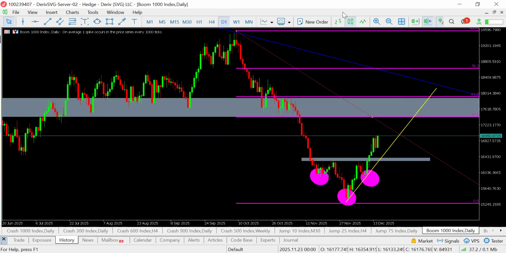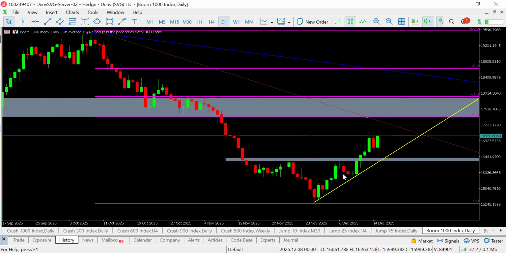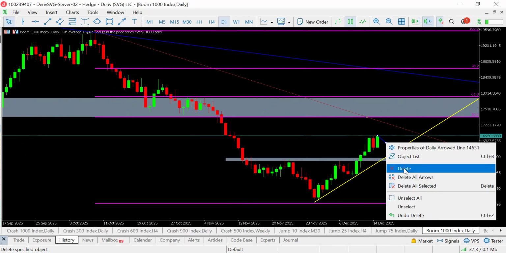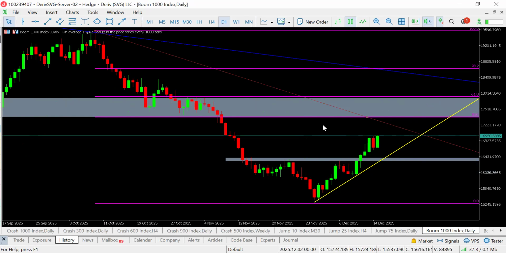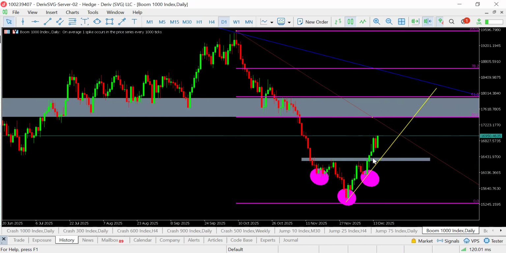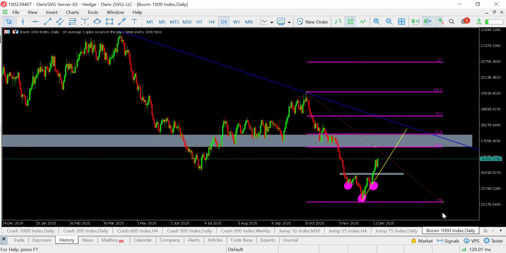And in that case, even if that doesn't happen, we can see that we already have two touches of this bullish trend line that I just included. So there's also a strong tendency that price will come to make a third touch of this trend line. So that would be the point in which I'll be looking to get into this particular trade and try to go with the trend as the market keeps going upwards